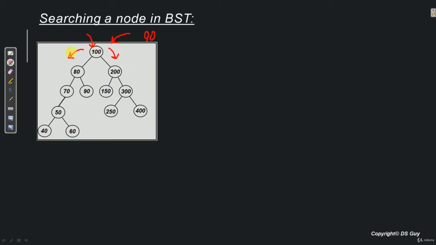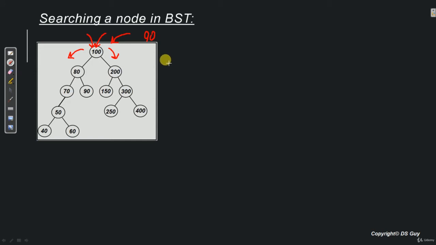So first of all, what we check is if the root node is null, then there is no question of searching, because the tree is an empty one and there is no question of searching for any value in an empty tree. So we simply return an error message to the user saying that the tree is empty.